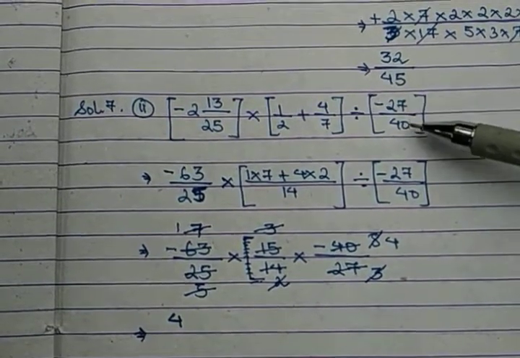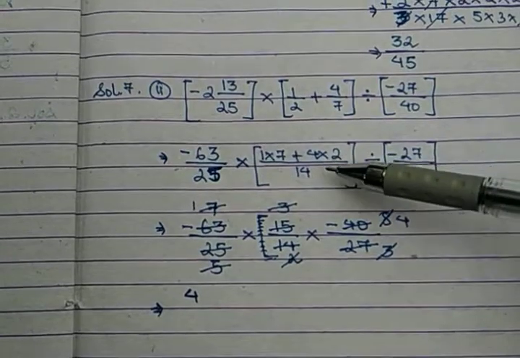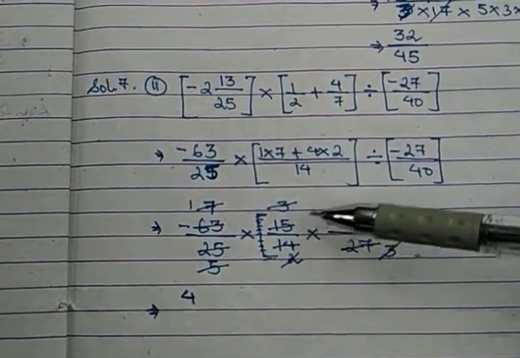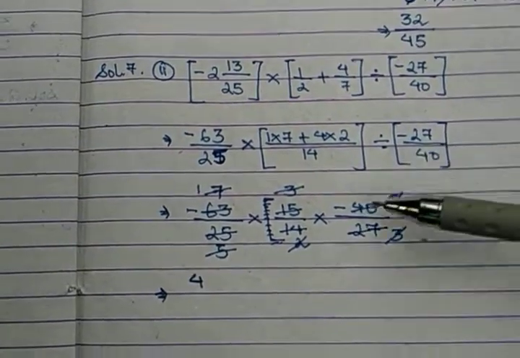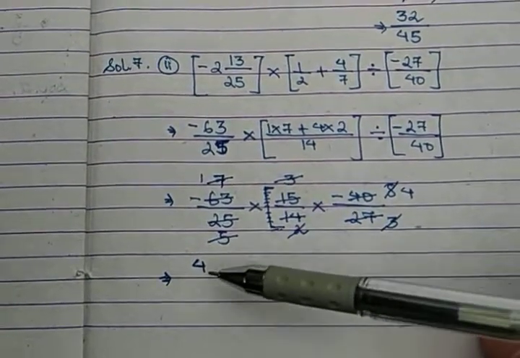The numerator is smaller than the denominator. Proper fraction with a negative sign, so kept it as it is. After this, what I have done here, addition of fraction forms, I have opened up all the brackets, converted the division to multiplication, reciprocated the term, then cancelled all the terms, and finally I got my answer as 4.